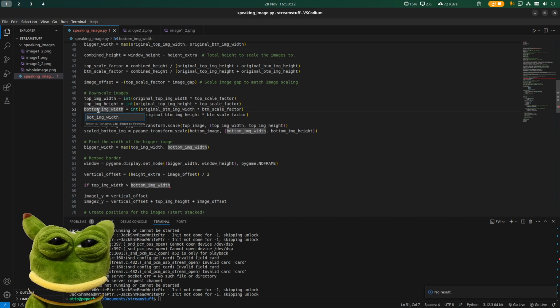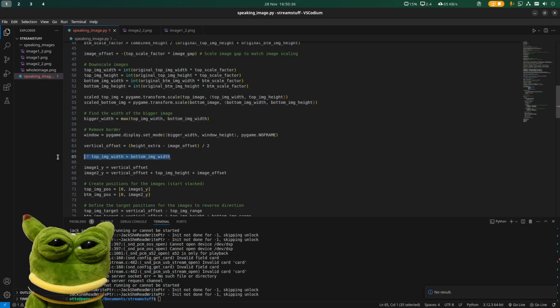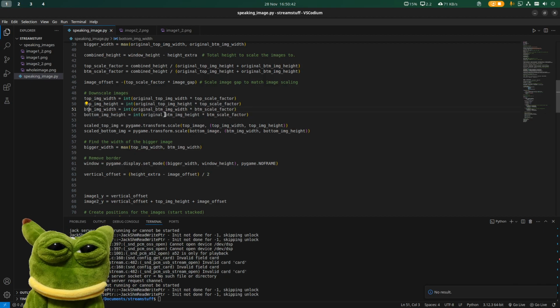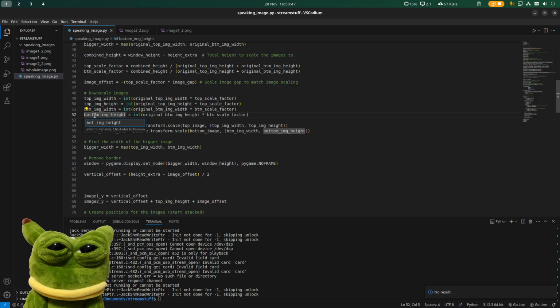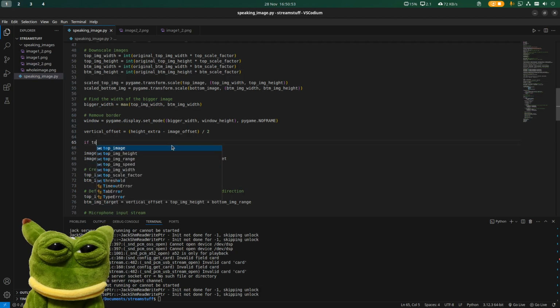Why can't I rename it there? I'm gonna fucking kill myself. Why is the error preventing this? What does that have to do with renaming a variable? Why are you preventing me from doing my right back in the middle of doing something? Fuck's sake. Anyways, if top